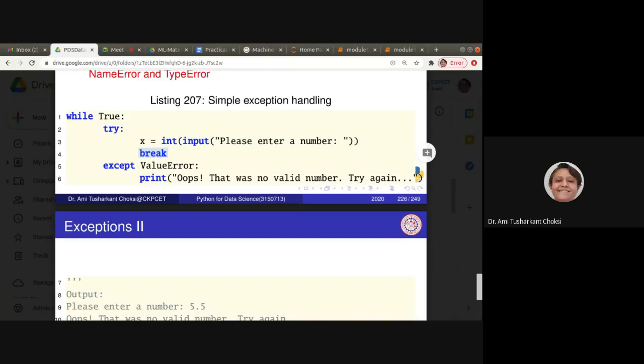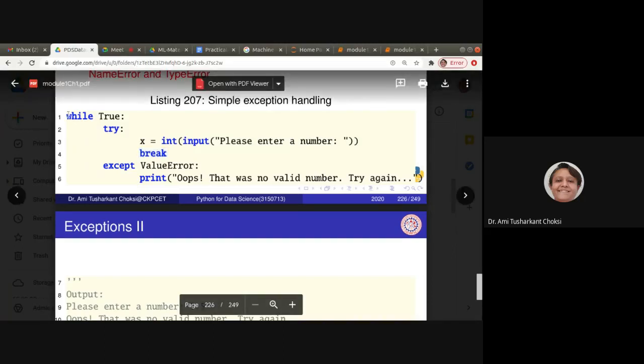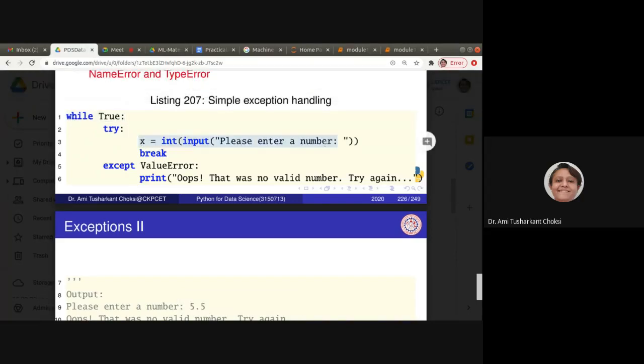Obviously not. This break is because we want to break out of the loop. Say this is the input. If it is proper input, then it will not go to except, but it will go to the next line, that is break, and it will come out of the loop.